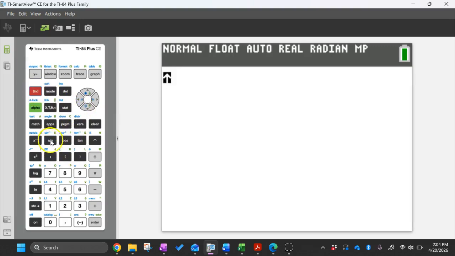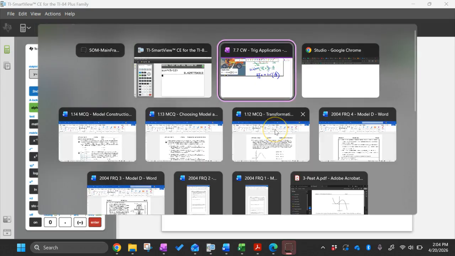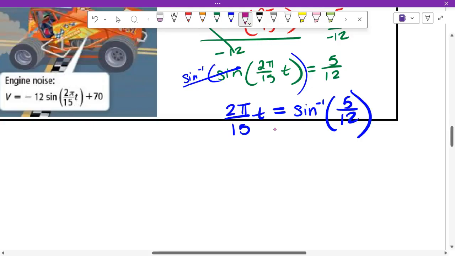So I would do inverse sine of 5 over 12. And that gets me a value of 0.42977. Okay, so let me put this in. So I'm going to have 2 pi over 15t is equal to